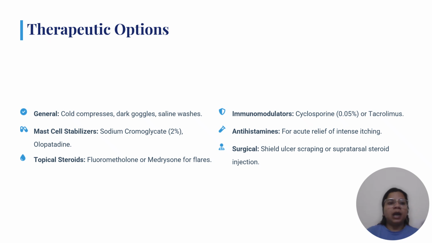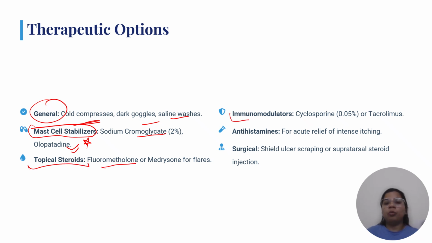There is a stepladder approach to this, but first the therapeutic options are general options, which include cold compresses, dark goggles, saline washes. Most important are the mast cell stabilizers, which are sodium cromoglicate and olopatadine drops. Third are the topical steroids, like fluorometholone, immunomodulators like cyclosporine or tacrolimus, and antihistaminics for acute relief of intense itching,